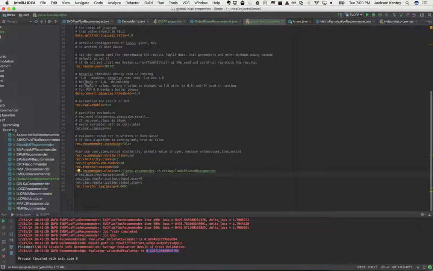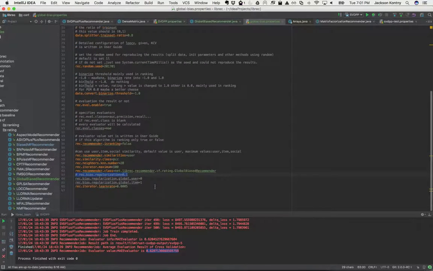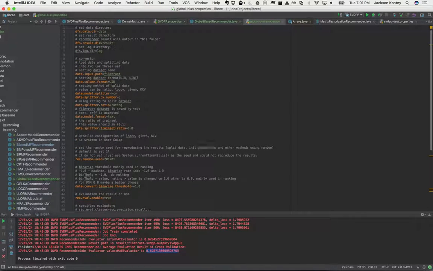This is my properties class. I stuck with a maximum number of iterations of 500. After tweaking it around a bunch, I ended up with a global user term of 0 and a global item term of 1 and a learning rate of 0.0005. And I found that I didn't need to use this, so I just commented it out. The rest was from the original 5-factor, the k-folds